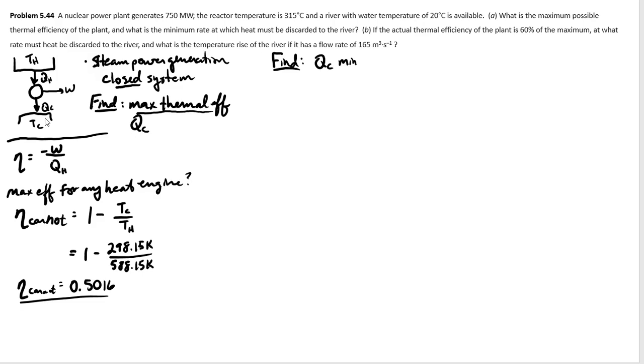surroundings. So there's a couple different ways you can approach this problem. There are a whole bunch of equations on pages 176 and 177. We want to find QC minimum, so this is QC for a Carnot engine. So you've got a couple different ways to solve this. The easiest way I would solve this is to realize that this Carnot engine is a closed system. Right? We already know the efficiency. The efficiency of this Carnot engine is